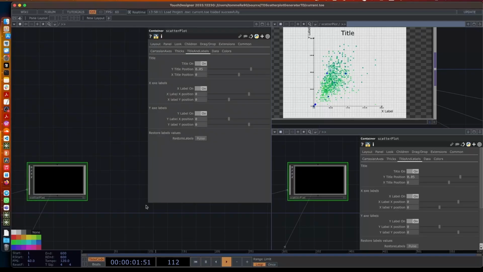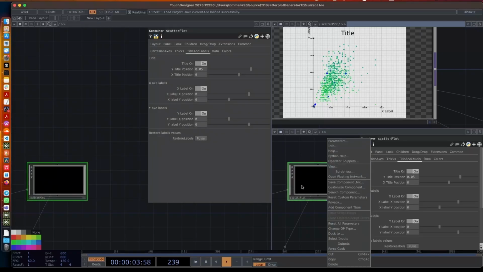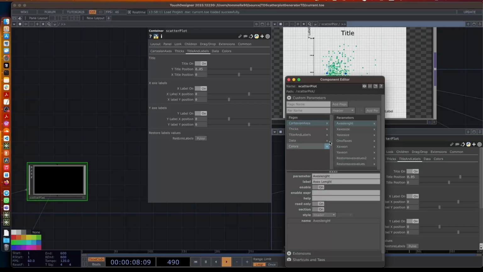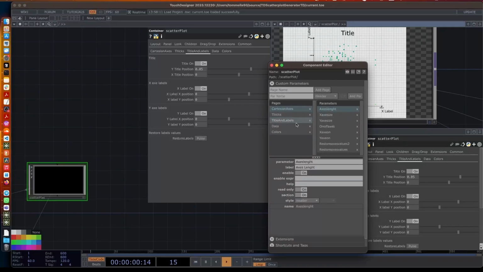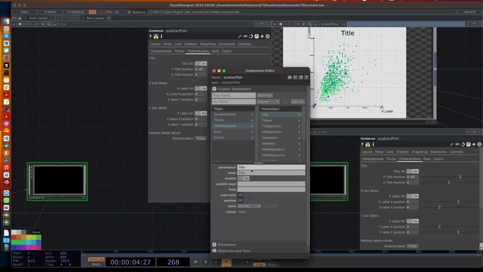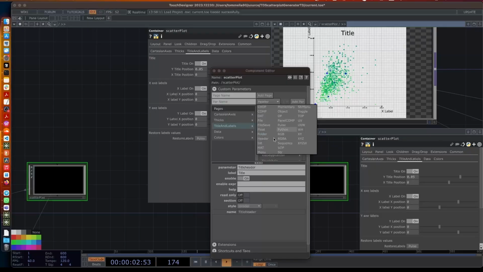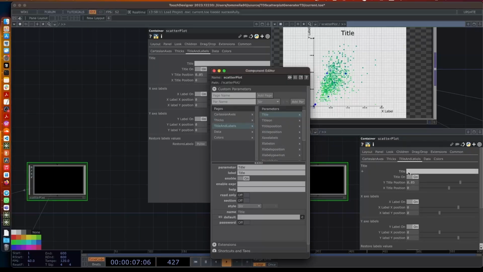So we go to a master operator here and go to customize component, and to the title and label page, we can add, let's rename this as title header, and just below we can add a string that will be title, which is here. Then we go below the X